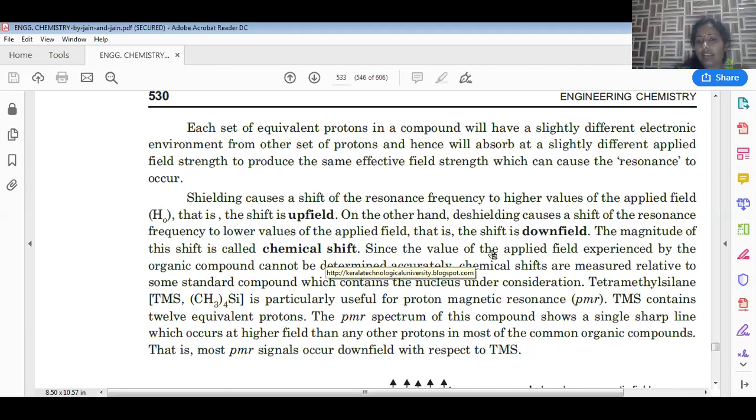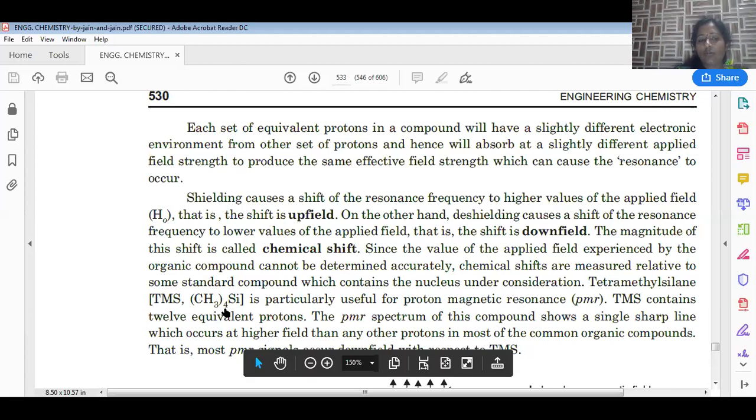In the delta scale of NMR spectroscopy, the standard compound taken is TMS, which is called tetramethylsilane. We can use this tetramethylsilane in proton NMR spectroscopy, which is simply pronounced as PMR. TMS contains 12 equivalent protons. Here, silicon is surrounded by 4 methyl functional groups, hence 12 equivalent protons are present, which gives only one signal for the compound. Even though 12 protons are present, they are exactly equivalent in nature. That's the reason why we see only one signal.